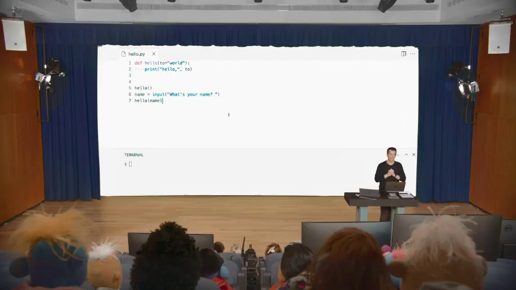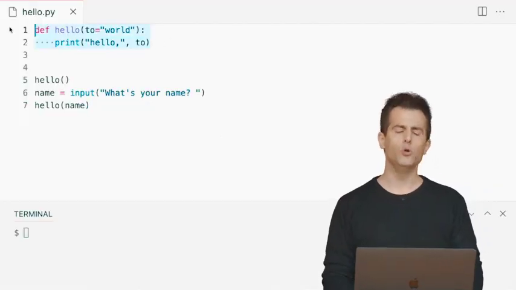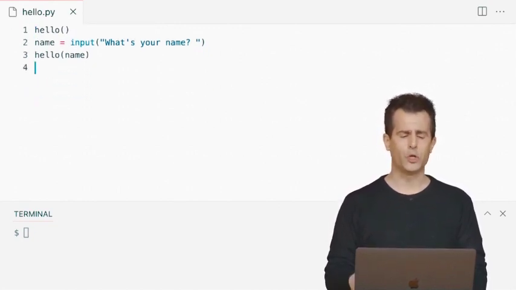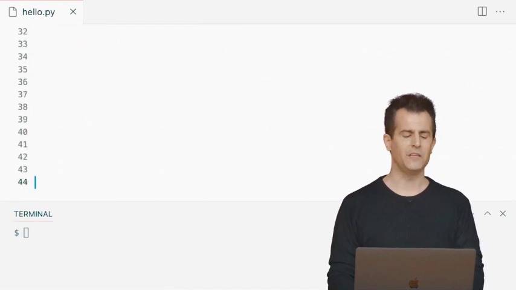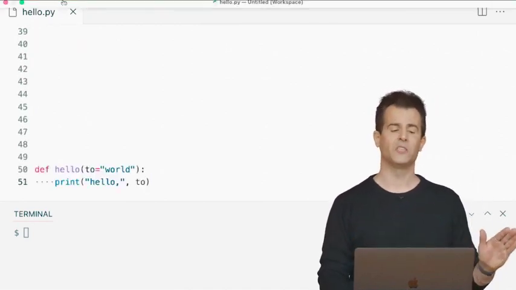But let me now make this point too. One of the whole points of defining your own functions is, one, just to avoid having to repeat yourself again and again. You don't have to keep reinventing the wheel and keep using the print function again and again and again if you just want to say hello. Wouldn't it be nice if I could move this code that I wrote for defining the hello function, and just to be dramatic, I'm going to hit enter a whole lot of times, 50 lines down, and put my definition of hello way further down in this file.